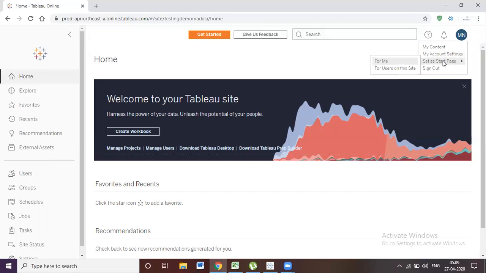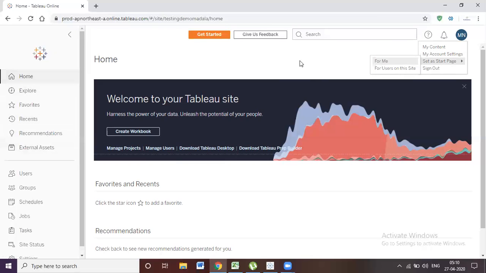And Set as Start Page. For example, if you want to choose your landing page whenever you log in to the server, instead of the home page, you can choose Explore or Favorites or anything, using this option.